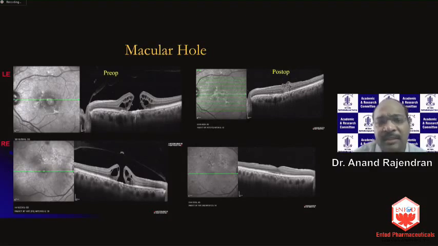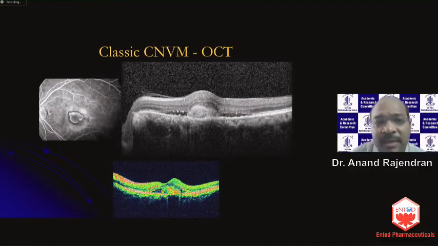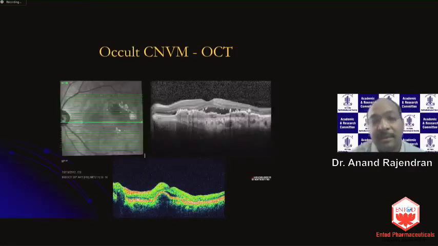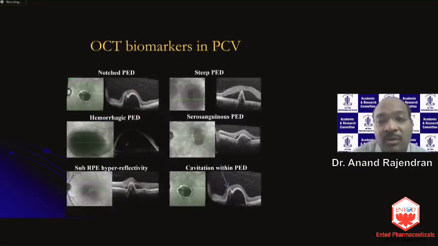Coming on to macular degeneration, choroidal neovascularization, the classic two types. Classic CNVM, where most of the neovascular tissue is above the line of the RPE. So examples of that, the fluorescein will show you a clear, well-defined pattern. Occult CNVM's RPE as such is elevated. Okay, examples. Posterior polypoidal choroidal vasculopathy, or PCV, constitutes about 25 to 30% of our macular degeneration. OCT gives us great giveaway clues. You find this tall peaked, notched PEDs, hemorrhagic or pseudosanguineous PEDs, cavitation within PEDs.